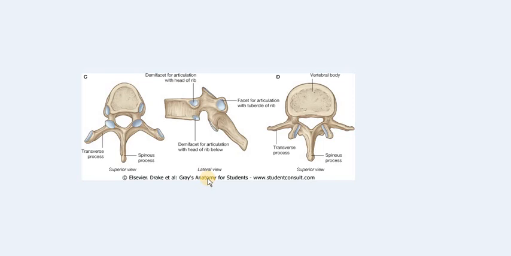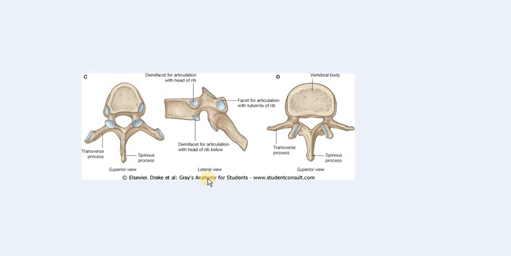But the 10th rib, which is an atypical rib, articulates with the 10th thoracic vertebrae only, because the 10th rib has only a single facet on its head which articulates with the 10th thoracic vertebrae. The 10th rib does not articulate with the 9th vertebrae. That's why the 9th thoracic vertebrae articulates only with the 9th rib.